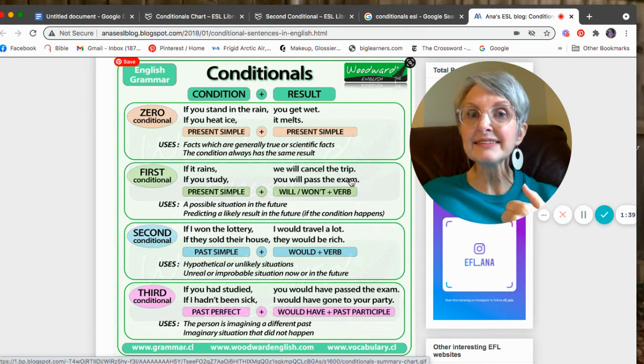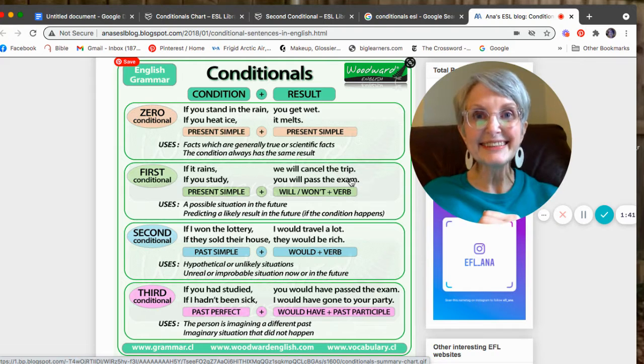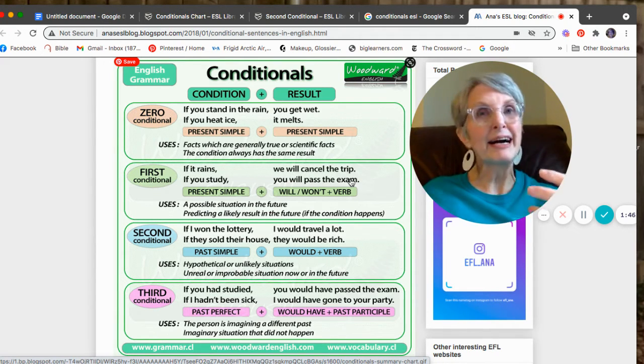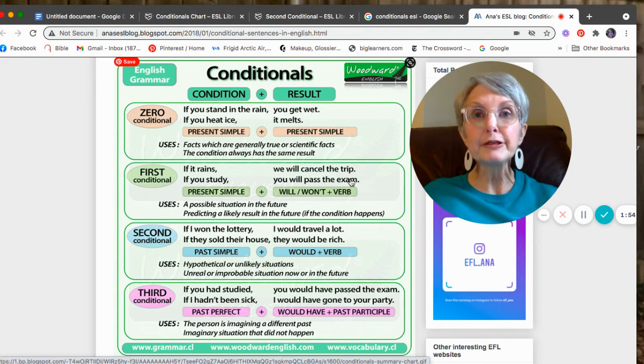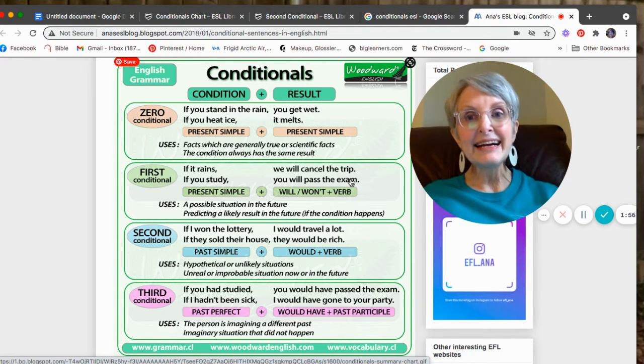If it rains, I will bring my umbrella. All right, so those kinds are talking about a possible thing that might happen in the future. So the second part of the sentence was always in future tense, and the part that was the condition was